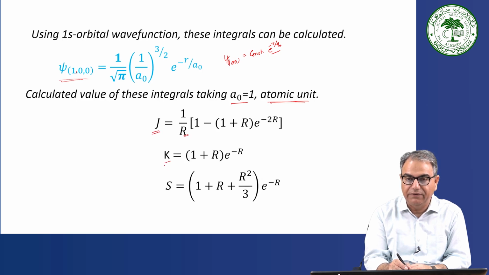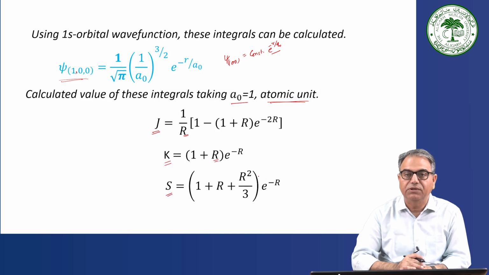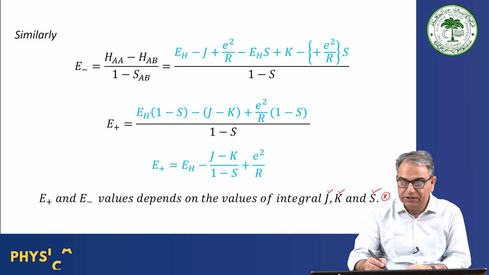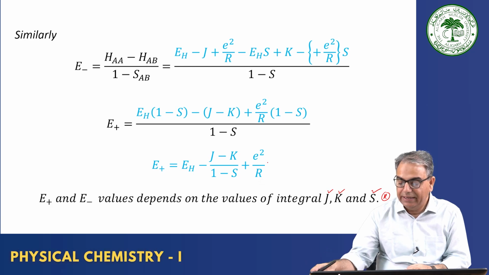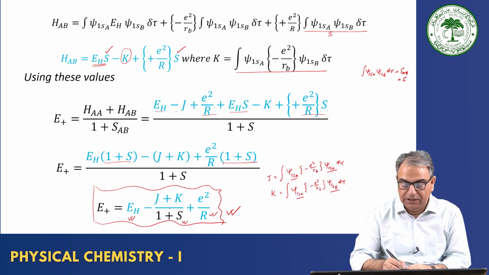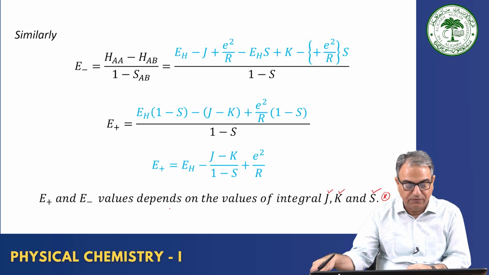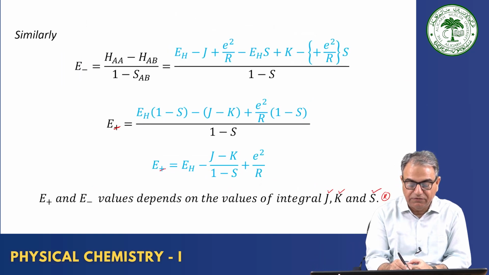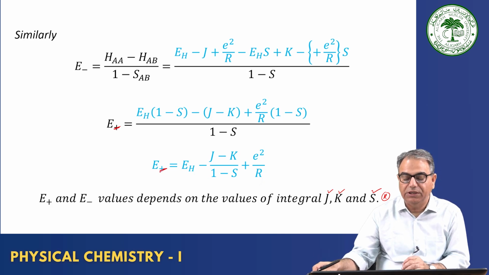The value of K I have calculated in terms of internuclear distance, and the value of S also I have calculated in terms of internuclear distance. So all the integrals of this equation, E plus and E minus. Wait, this will be E minus. Make a correction. Okay. So this E plus and E minus is known to you, all values in terms of